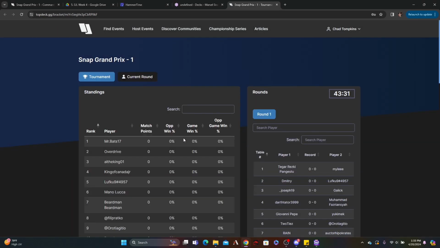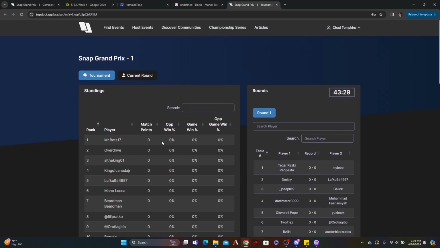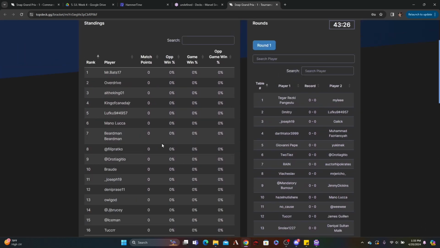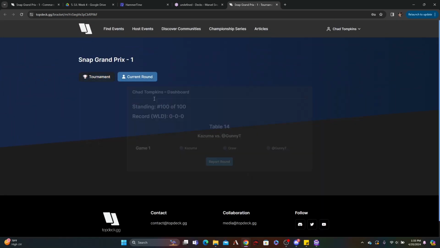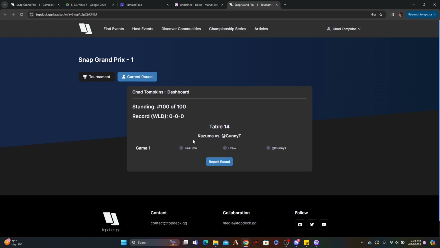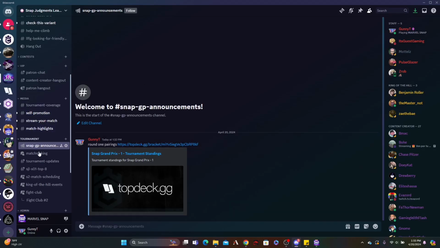I will see that this is my tournament link. I see all the standings of all the players in the entire event, but what I'm primarily concerned with is the current round. So I click on current round. I find that I am playing against Kazuma here, and I will find them. Just easily copy that name. All right, copy, and then I'm going to take this information here into matchmaking right underneath the Snap GP announcement,